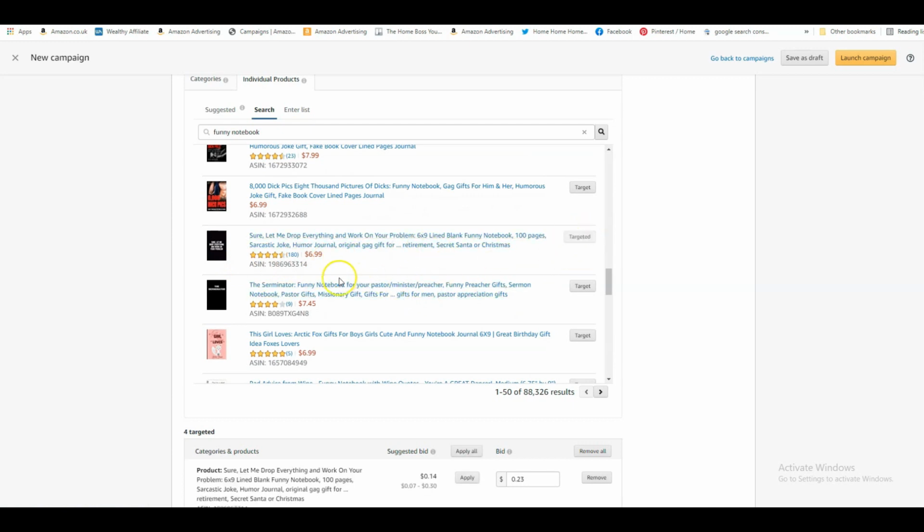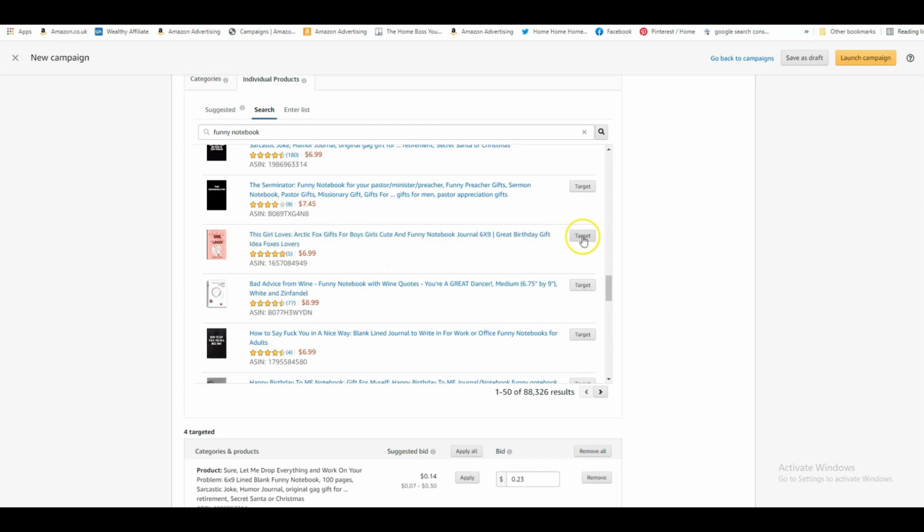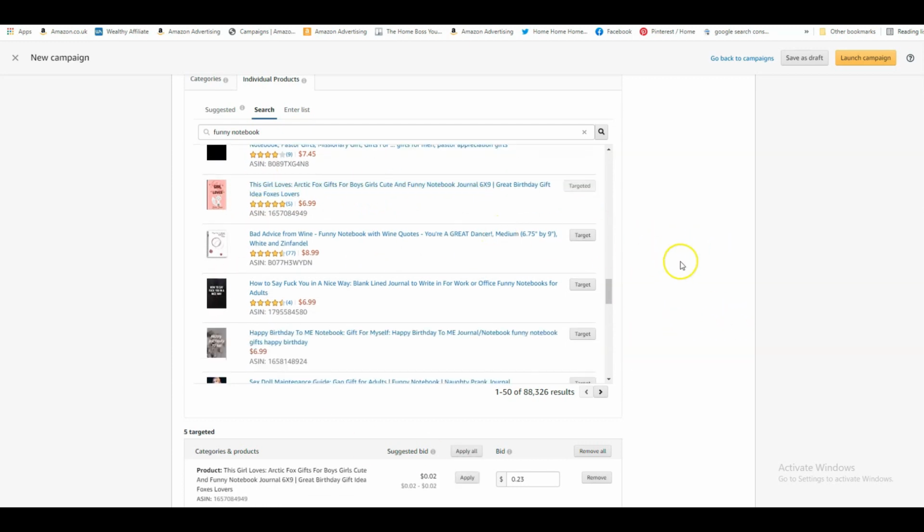That's quite good. You also want to make sure that the books that you're targeting are an alternative to your book. So you don't want to target something that is completely different to your book. You want to target similar books so that when customers land on this book and they see your book, it's not too different, and they can have a choice between this book and your book. So then again, this one here as well. So you go through as many books as you can and target them.